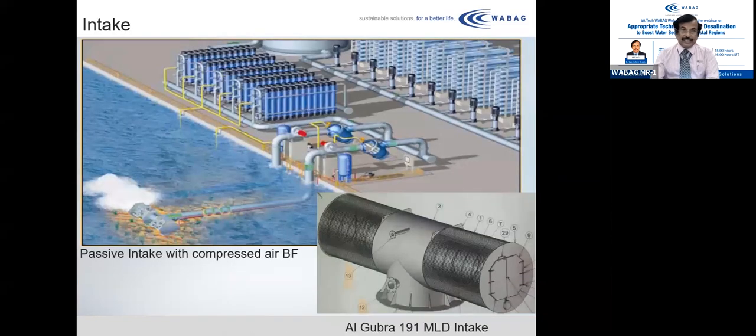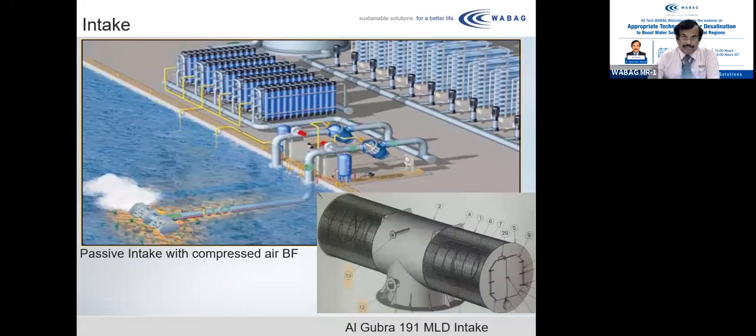The next intake is the passive intake. This intake is similar to the open intake. It is also called an open intake, but it is passive because you can allow backwash air so that whatever is settled in the inlet can be cleaned. You can see on the right side, this is an intake that is designed for our Algubra 191 MLD plant, which is located in Algubra in Oman. And this has a wedge wire design, and the gap between the wires is only 0.4